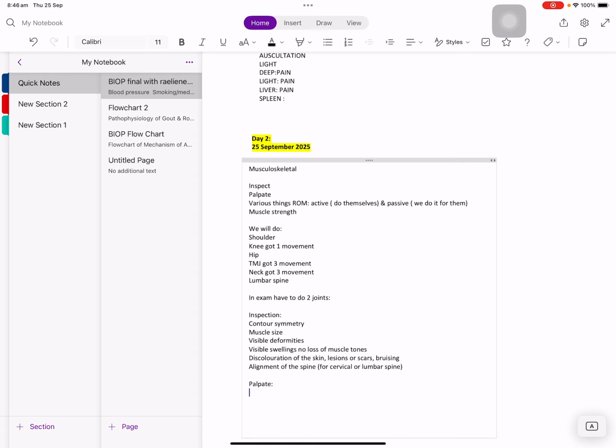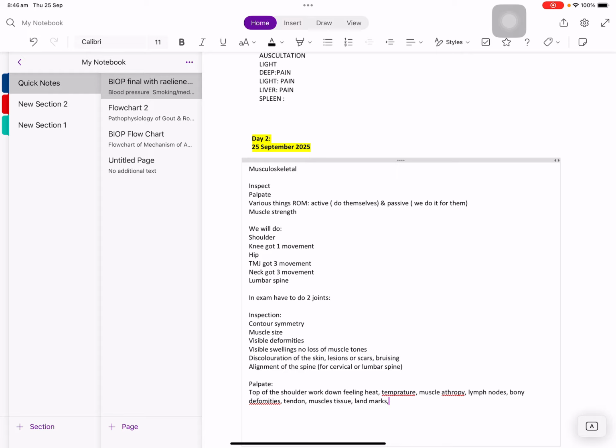So we start at the top of the shoulders and work down, feeling for heat, temperature, muscle atrophy, pain, temperature, lymph nodes if it's on the neck, any bony deformities, tendons, muscles, tissues, landmarks. So the landmarks